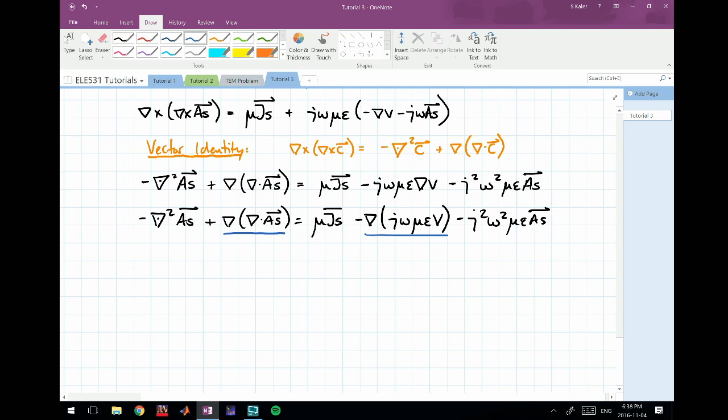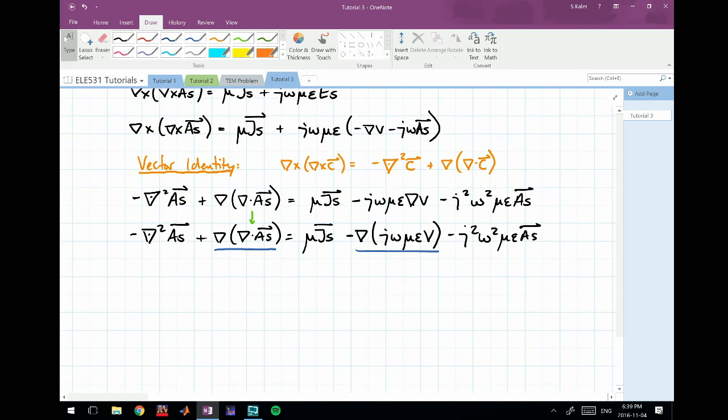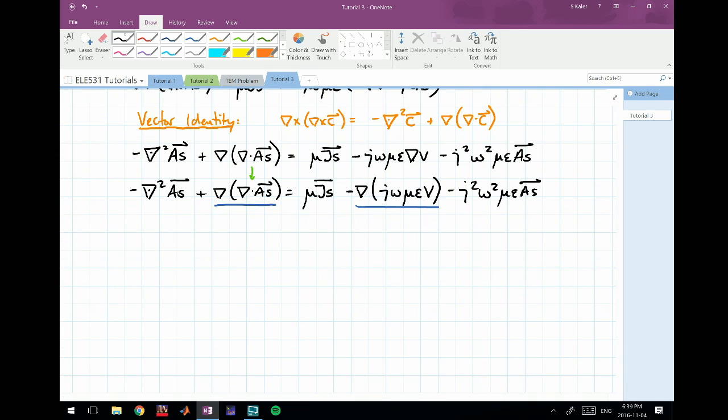Now if you look at this entire expression, if you just compare this term with this term, they both have a gradient, and they both have a thing inside. Now the thing is, we don't know this. I don't know about you guys, but I don't know what this is defined as. Divergence of A? I have no idea what it is. We don't have an expression for it, because that's what the Lorentz condition is. So what we say is,